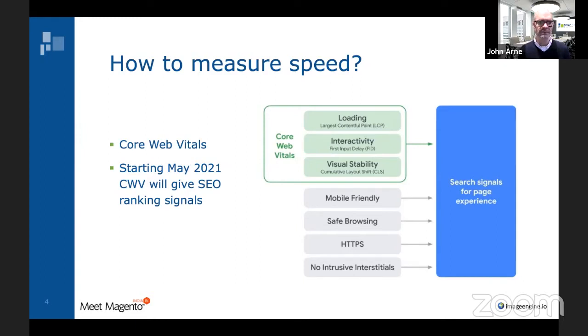And Core Web Vitals is a set of new metrics that are slightly difficult to measure using Google Analytics or traditional tools that we usually use to measure performance and things like this. But nevertheless, there are a few things that we can do to improve these core web vitals,